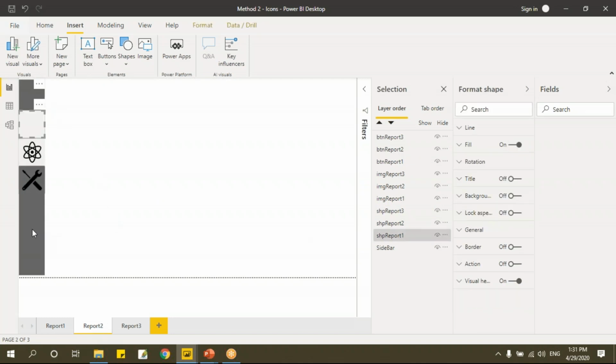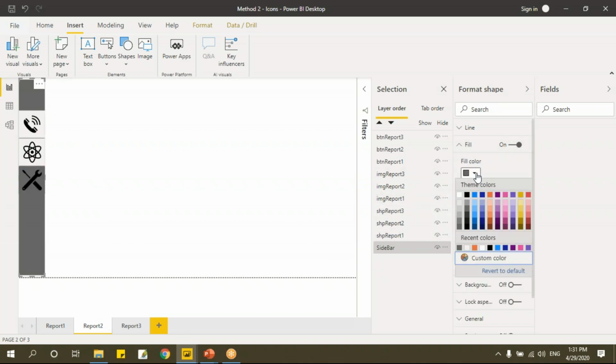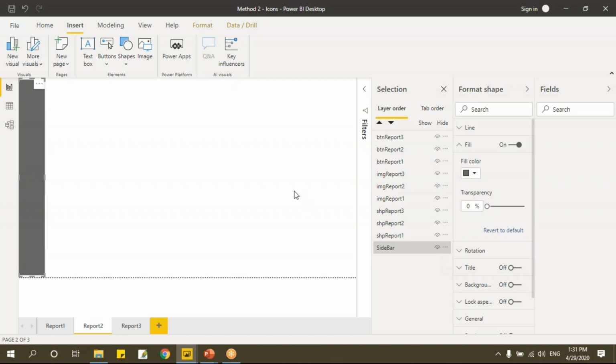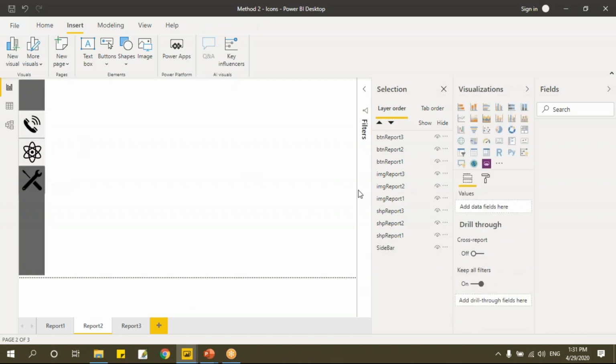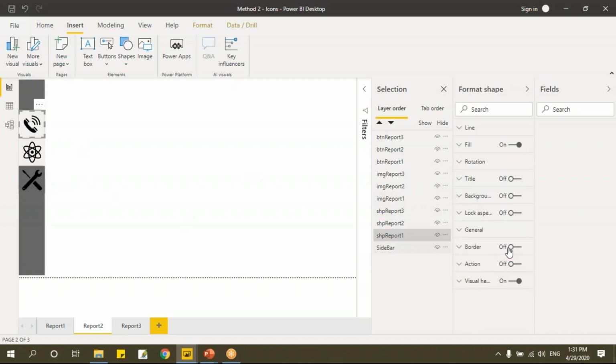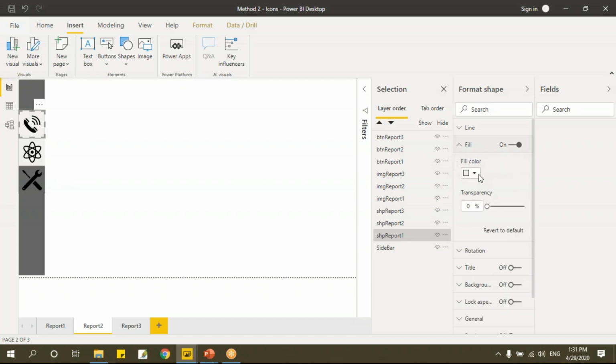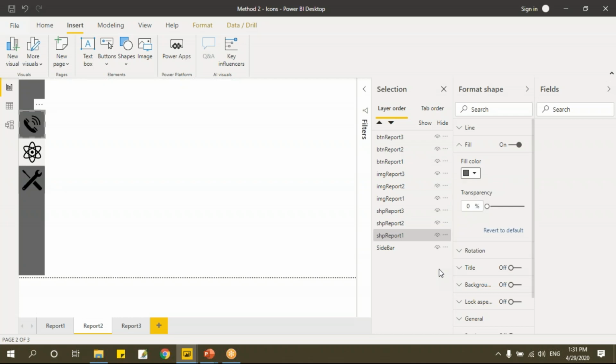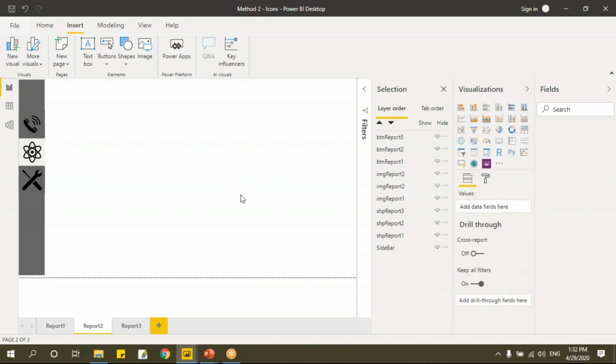Next, I'll go to the shape 1. This one has to be the same color as the sidebar. Let's take the color of the sidebar. You can take the color and put it in a notepad. That will be still a good idea. And I'll select shape 1, fill, and then let's replace this. See, now this becomes report 1 with this enabled and these two disabled.